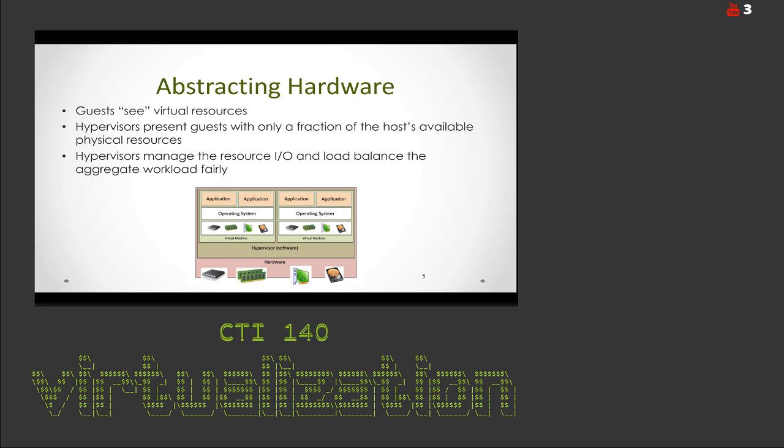So let's talk a little bit more about abstracting hardware. When you're on a guest operating system, on a virtual machine, what you're seeing is a virtual resource. So it's not the physical resource. It's a virtualized version of the physical resource. You can kind of think about it in terms of if you've ever used the NetLabs system here at Cleveland Community College. You can think about it along those lines. There are real hardware resources that are attached to that system, but the environment